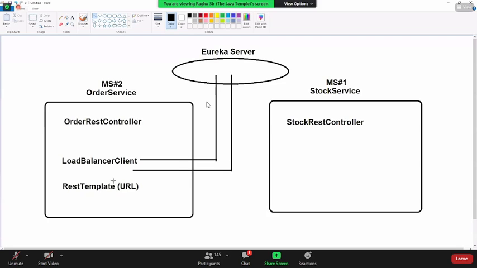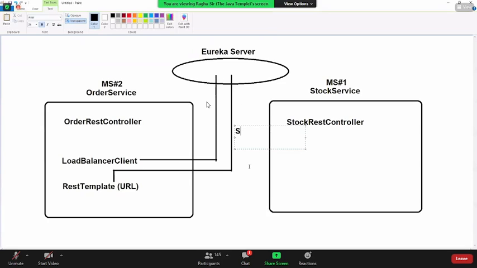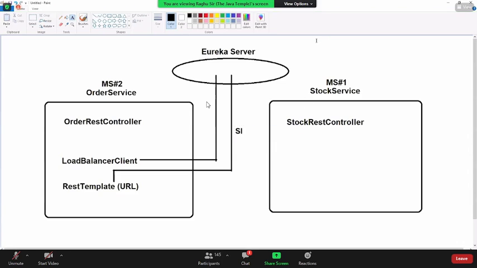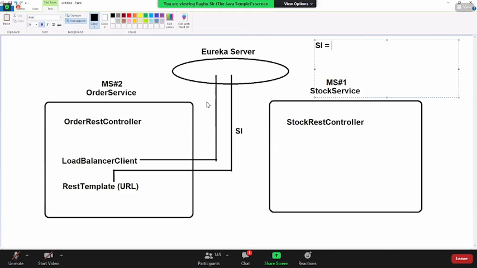The URI and port number are required here, but it is not given in that format. It is given as a service instance, SI. SI stands for service instance. In that, a lot of things are there. You just take the URI from there. You read the URI, and to the URI you add the path, and that becomes the URL.